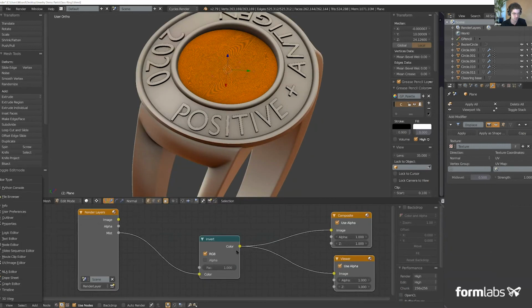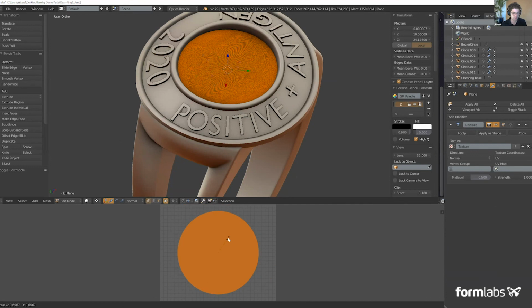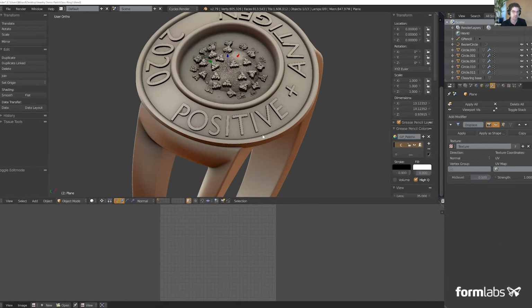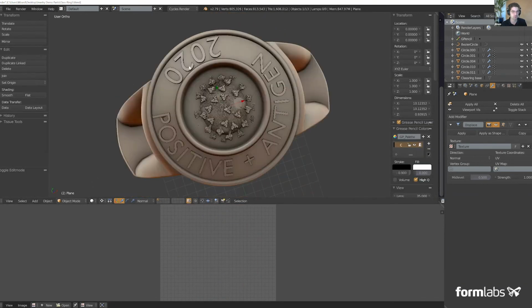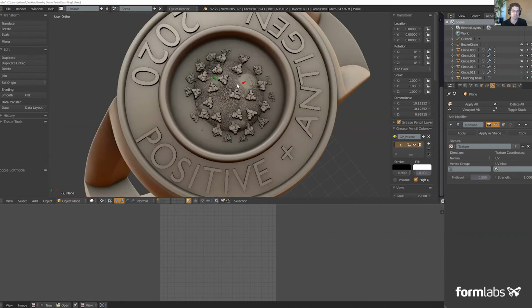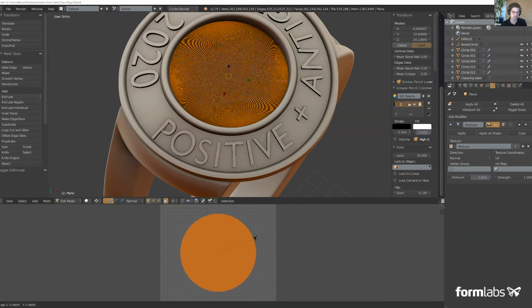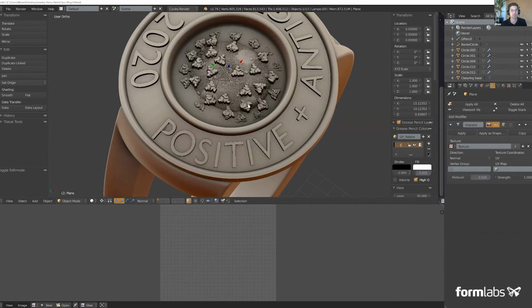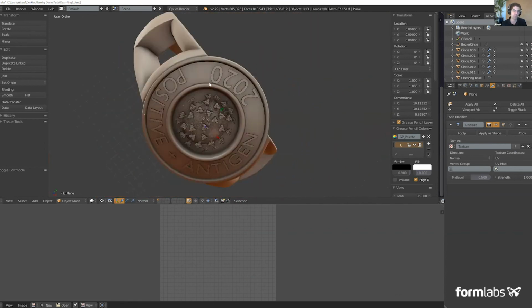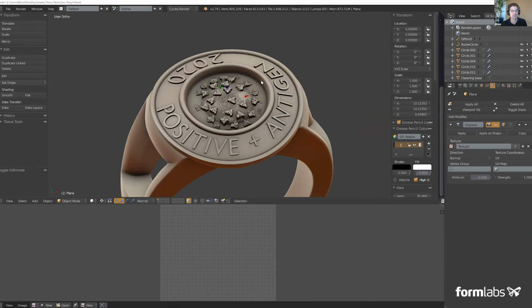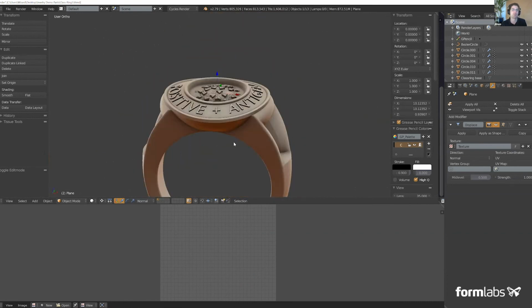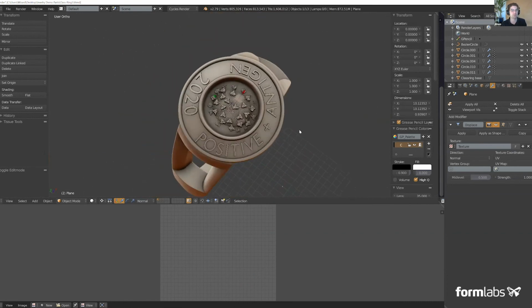Change the mapping. Yeah, now we have this cool 2.5D relief of a coronavirus virion in the middle of our positive antigen